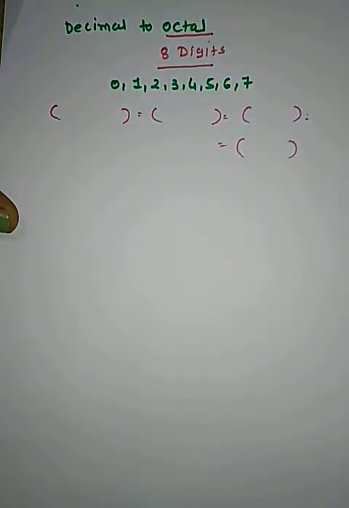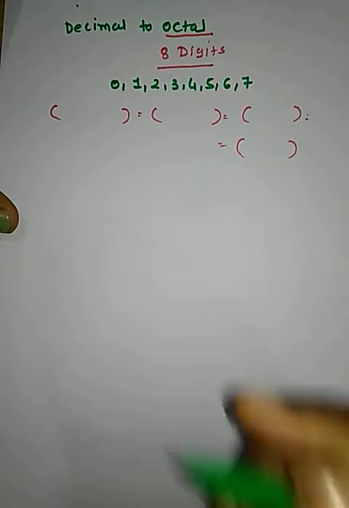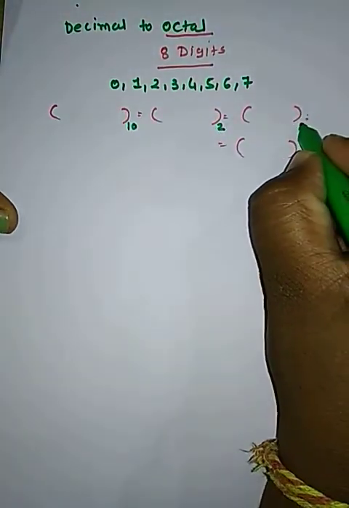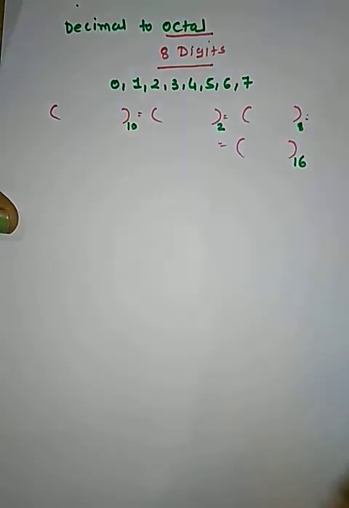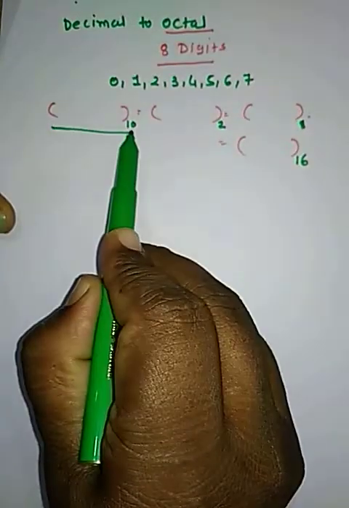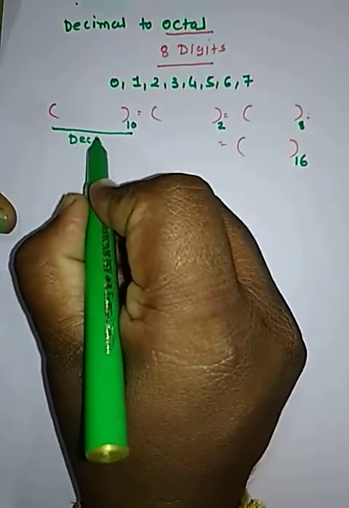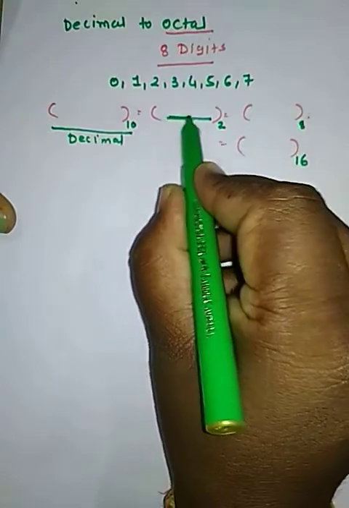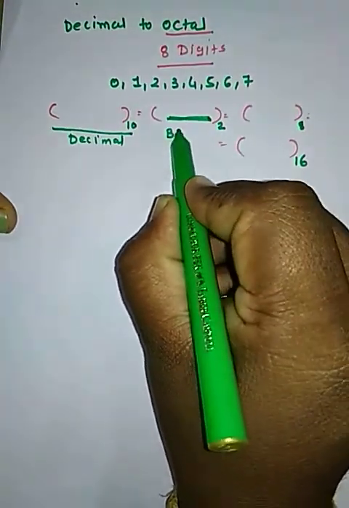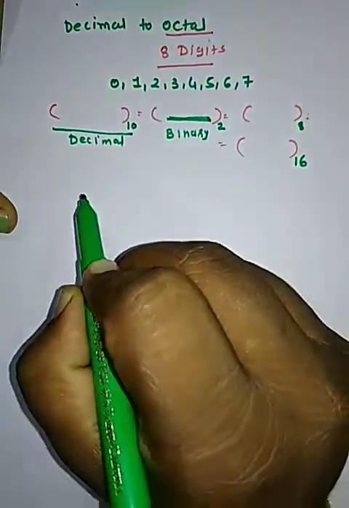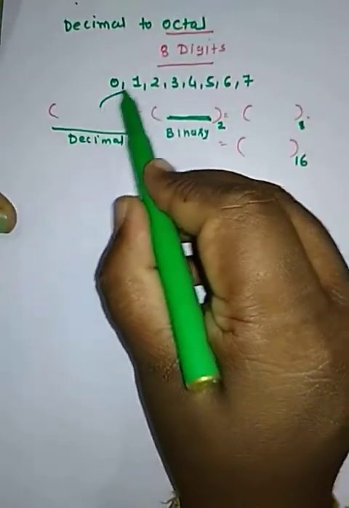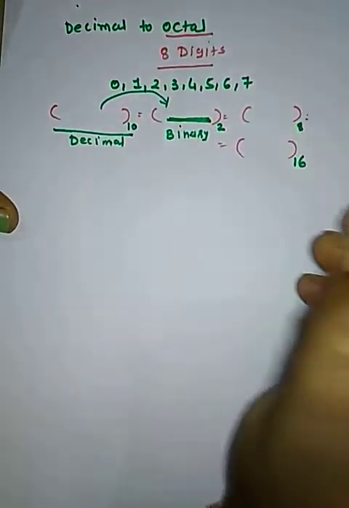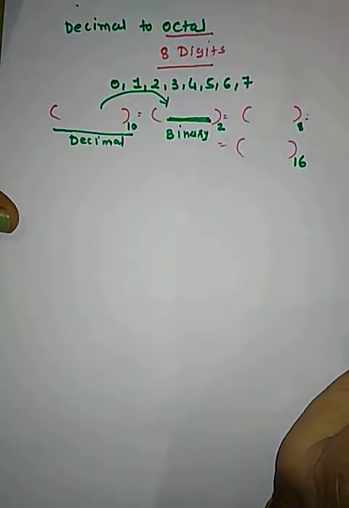Okay, so the first, second and third question, here is written 10, here is a 2, here is an 8, here is a 16. The meaning of this is the decimal number. આ કયો નંબર છે? ડેસિમલ નંબર છે. અહીંયા પછી બ્લેન્ક આપેલી છે. ઓકે, here is given a blank, means this is the binary number. આ કયો નંબર છે? બાઇનરી નંબર. And you have to convert this decimal number to binary. તમારે આ ડેસિમલ નંબરનું બાઇનરી કન્વર્ઝન કરવાનું છે.